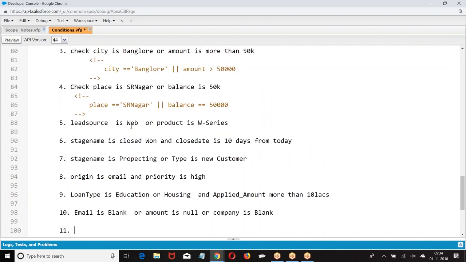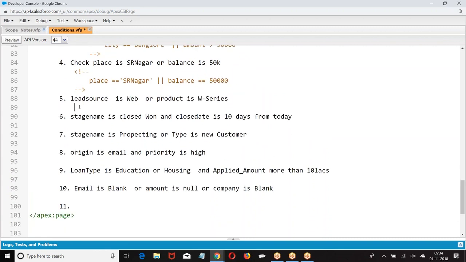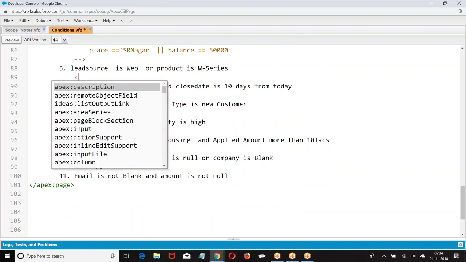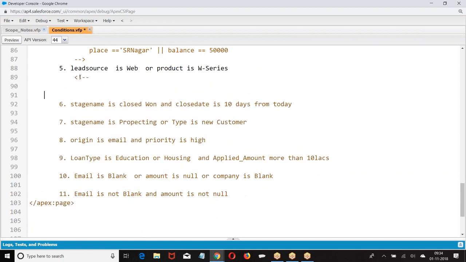Basically we are applying the logical operators. Email is not blank and amount is not null. People who are new to programming, please make an attempt at writing sincerely.